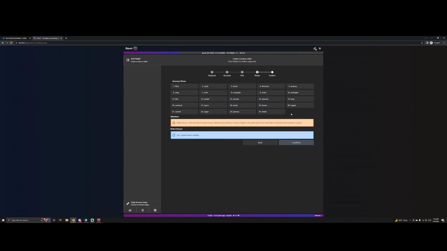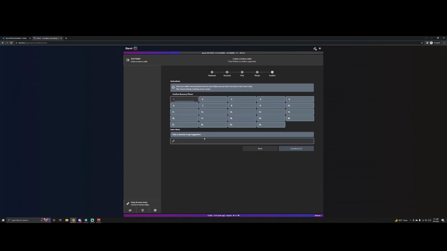and then it will give you your whole seed phrase here. You're going to want to write these down in order from 1 through 24 in the exact order that it gives them, and make sure you spell everything correctly because it has to be exactly the same as it is on here. Once you're done writing it down, you hit yes, I wrote it down carefully, hit continue, and then